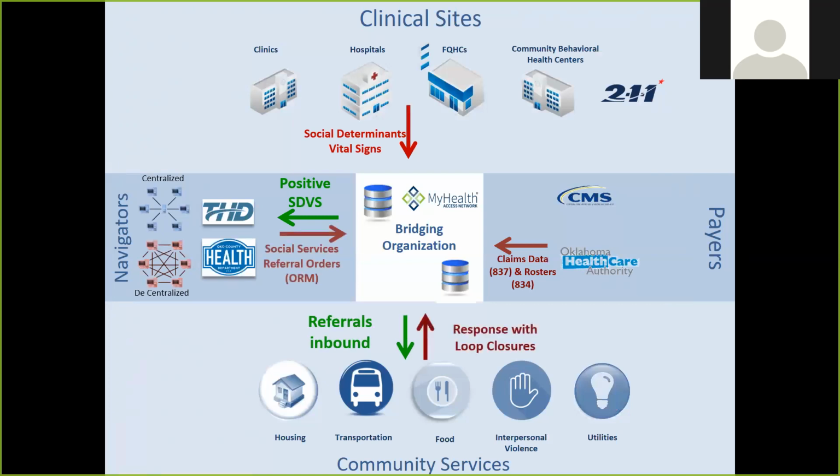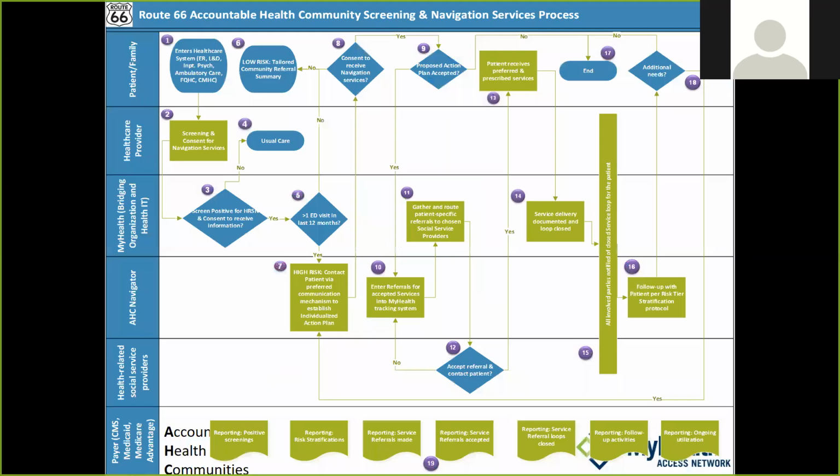And so when the service is delivered, then the loop will be closed in the referral system, and everyone who's a party to that patient's care and services or that family's care and services will be made aware of the closed loop. And then, of course, the payers want to know how many people were served and how effectively they were served. And hopefully over time, we'll add additional payers to this mix. So this is a process flow we've developed for this work. It's about to go into piloting, but obviously it's going to change quite a bit over time.